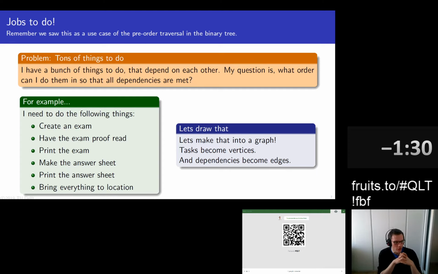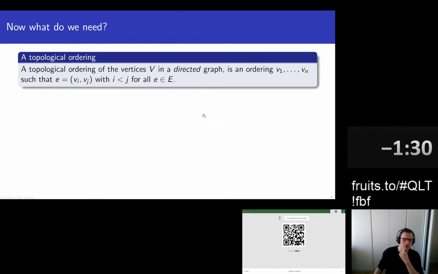So we've seen an example now of one of these orderings. One of these orderings that we just created, we call a topological ordering. It's an ordering of all the vertices, where basically we give the vertices a number, as I just did, in such a way that for every edge, it goes from a smaller number to a larger number in our numbering of the vertices.